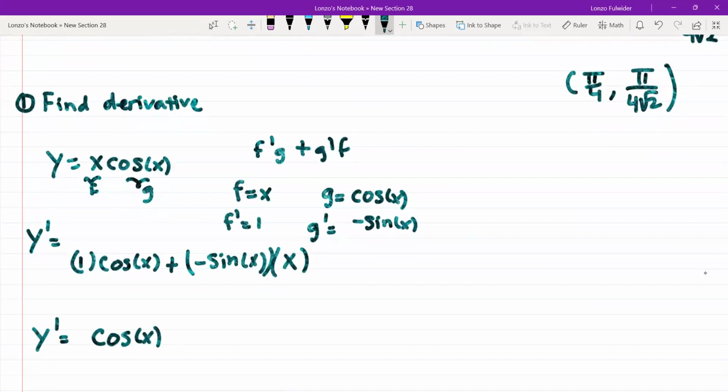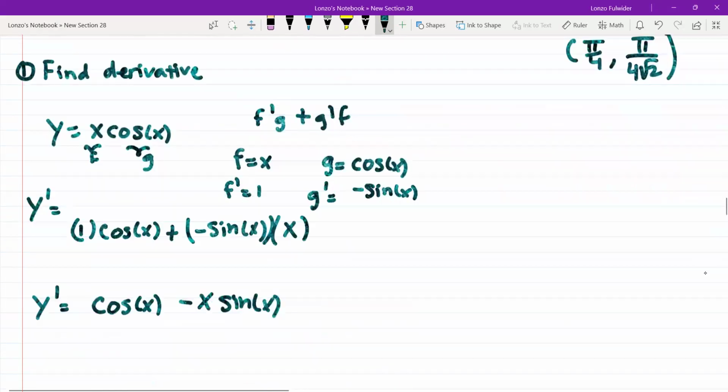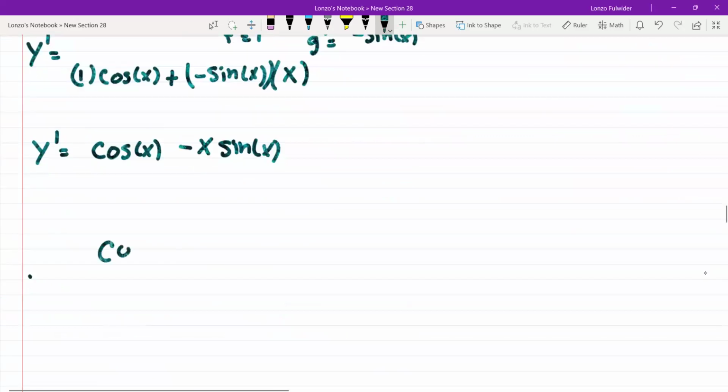I guess you can put the x first, so this would be negative x sine of x. Okay, so we have y prime. Now we could just put it into this equation. So y prime is cosine of x minus x sine of x